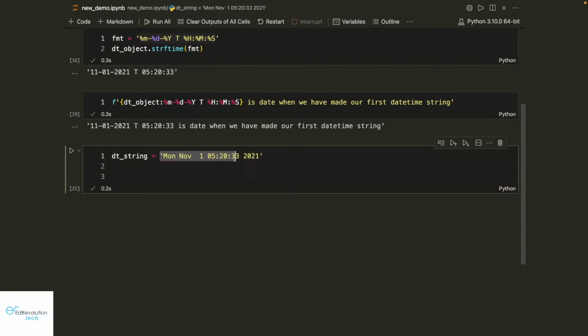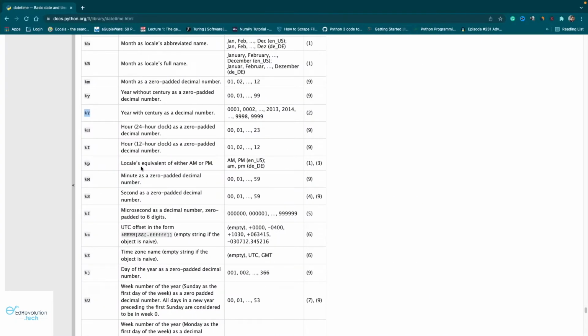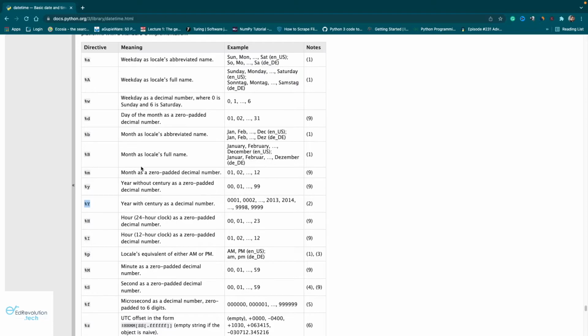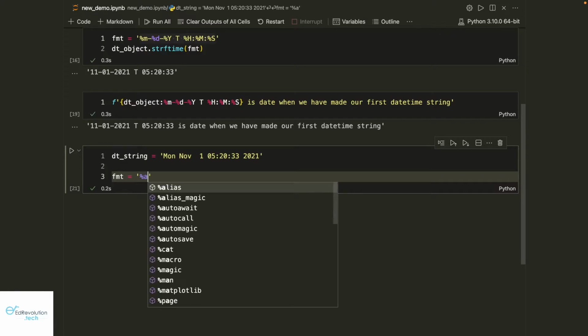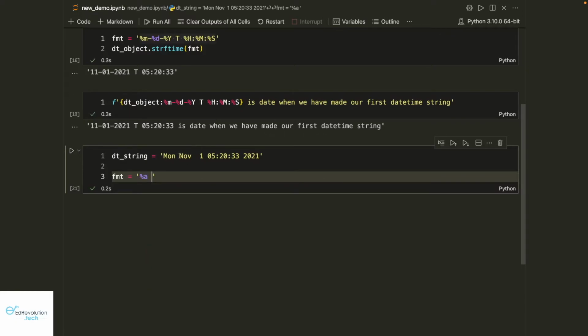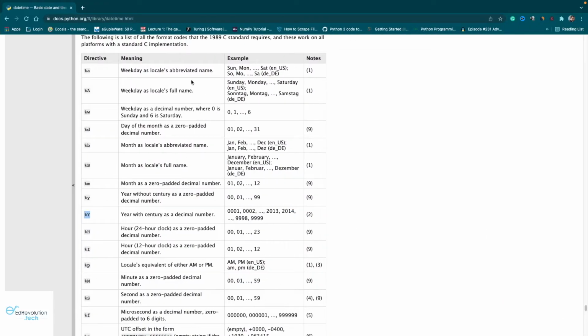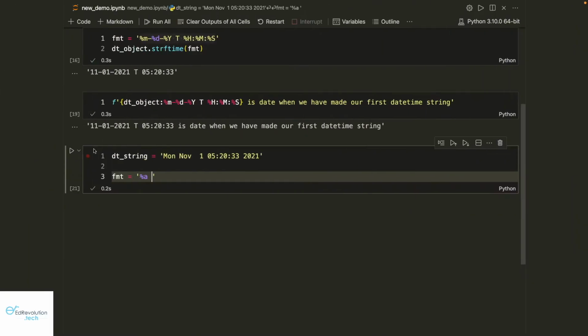First, we need to recreate its format. So let's create a new format. What is its format? First it says the day is Monday, in a short form. So let's go back to our strptime and strftime codes. What's the short form of those days? We have this percentage sign, letter A, and then a space, and then it says short form of month. For the short form of month, we have percentage sign B,